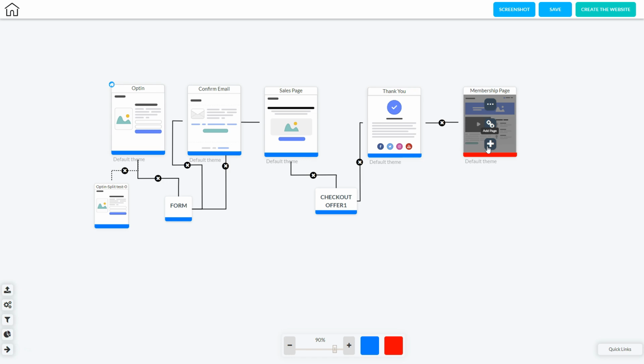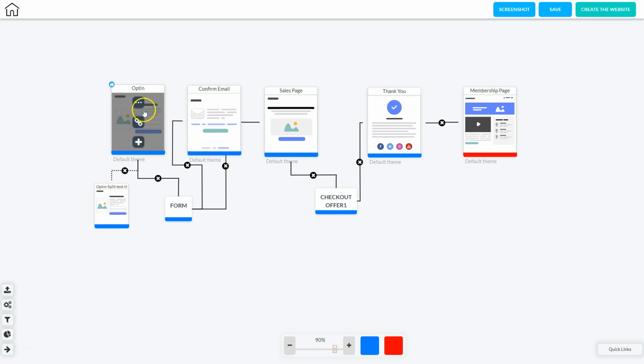Now let's talk about the things we can do to make sure it's configured to be able to create the website. So the first thing I need to do is go to this split test right here and make sure the target page is correct. Now with the opt-in form, the target page is actually the email confirmation. We want to make sure they get to that page and they're reminded to confirm their email. If they end up getting the split test page, we want them to go to the same page,